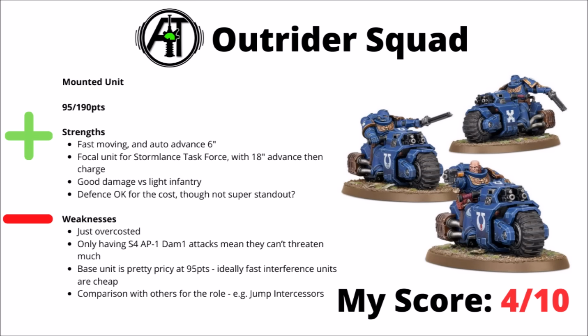Next up, we've got the Outrider squad for 95 points for 3 or 190 for 6, and you can take an Invader ATV in the unit. As bikers, they move quite fast and can auto-advance 6 inches as their special rule, and they're pretty much the focal unit for the Stormlance task force, with most of the stratagems and synergies all revolving around mounted units. The idea of these guys going 18 inches and still charging could be really quite disruptive and gum up the